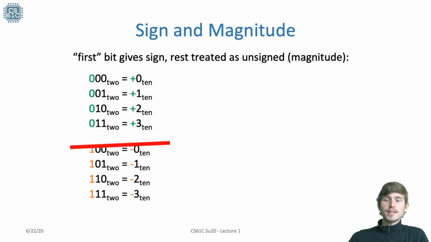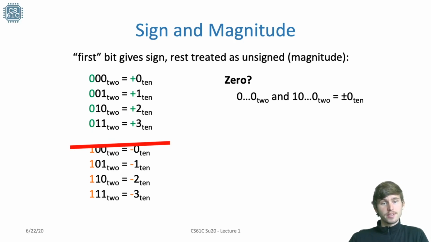We basically treat the most significant bit, or the first bit, as the sign. I've put on this slide an example of 3 bits, what values we would actually be able to represent. So let's now go through it. If I want to represent 0, all I would want is all zeros, or a 1 in the sign's place, and zeros. So we have 2 zeros. We have a positive 0 and a negative 0. That's not the most ideal, but it is a thing that sign and magnitude has.